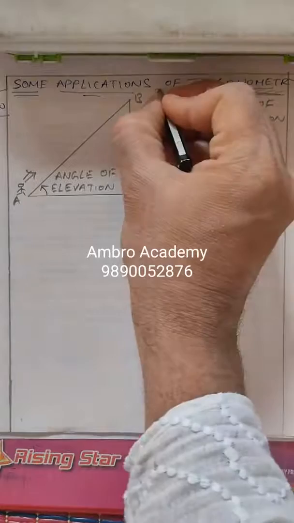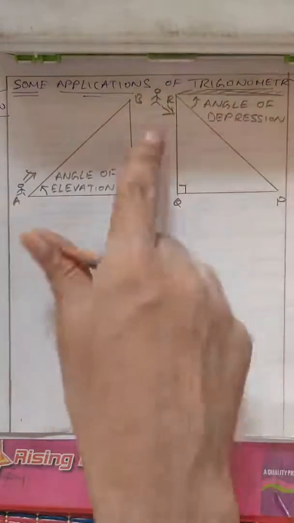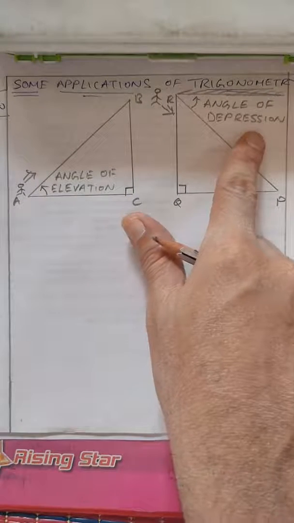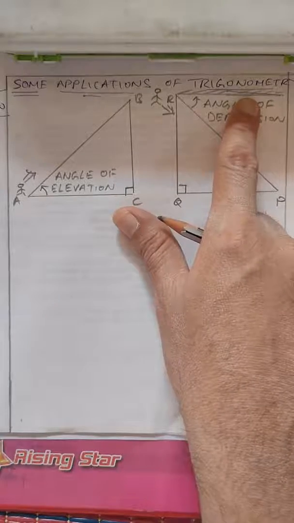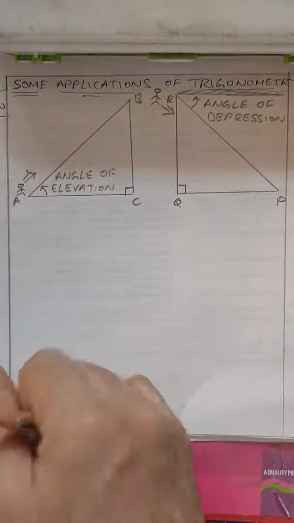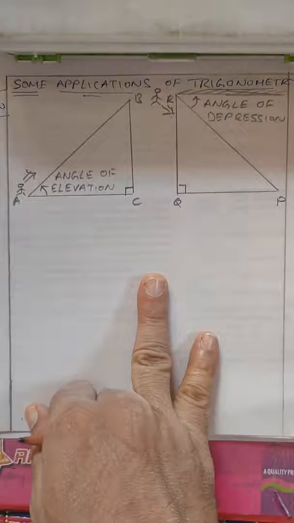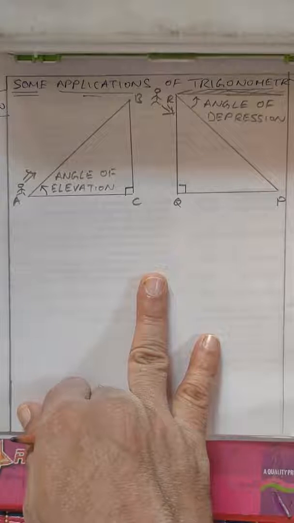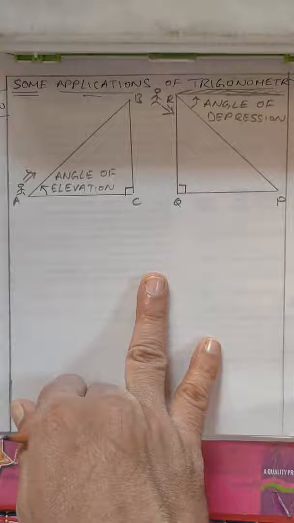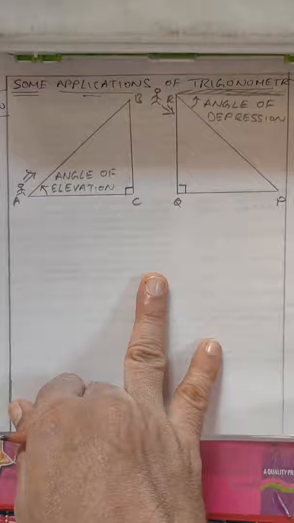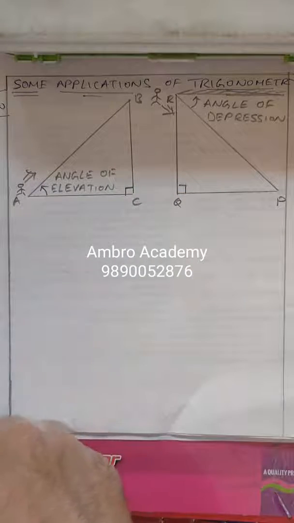Suppose a person is standing here at point R, and that person wants to look below, it becomes the angle of depression. Again, the angle of depression is with respect to the horizontal. So first is the angle of elevation or angle of depression, but the most important thing is the right angle triangle. Every time we use trigonometry, we need to understand that it is applicable only for a right angle triangle. So every time one of the angles has to be 90 degrees.